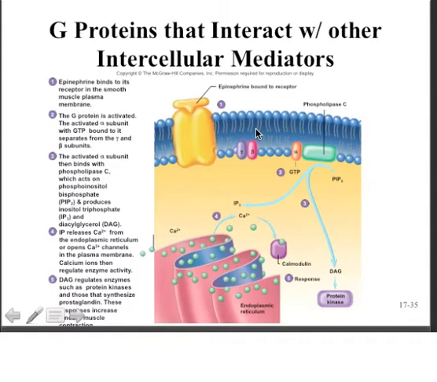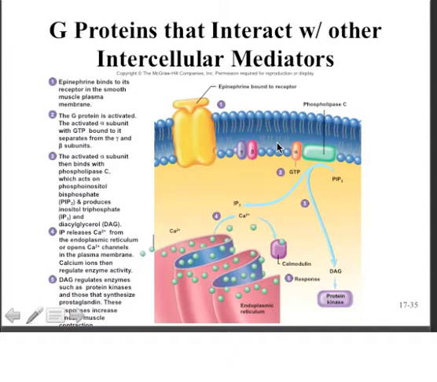The G protein basically decouples from the receptor site, and the alpha subunit is now going to trigger, in this case, the production of a second messenger in the form of